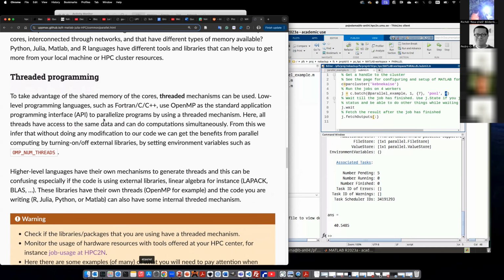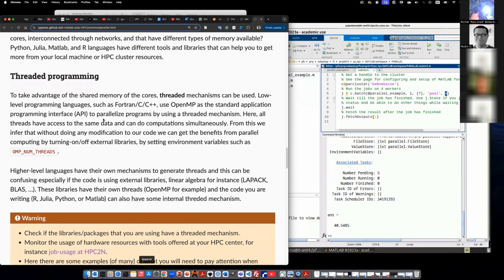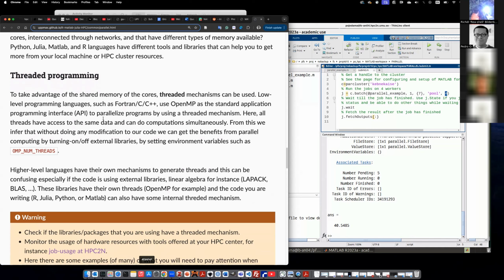So notice here that there are also some linear algebra packages, for instance, LAPACK and BLAS, that can be used inside the codes in Matlab. For instance, when we are solving some matrix operation,